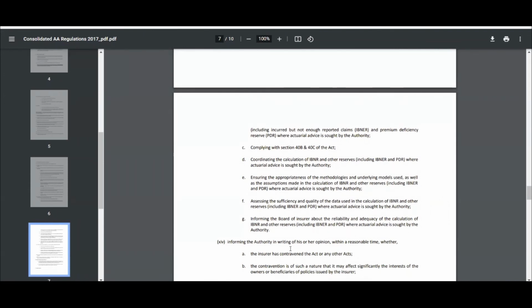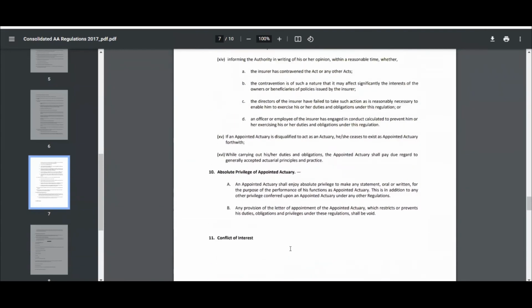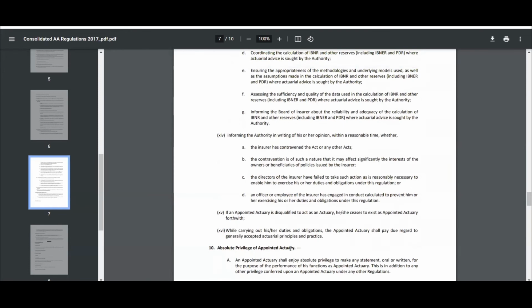insurance industry and the policyholders, coordinate the calculation of mathematical reserves, ensure the sufficiency and the credibility of the data, inform the board of directors about the appropriateness and the sufficiency of the reserves, and ensure that the mathematical reserves are calculated using models and assumptions which are appropriate as per the opinion of the appointed actuary. The appointed actuary also needs to inform the authority within a limited time